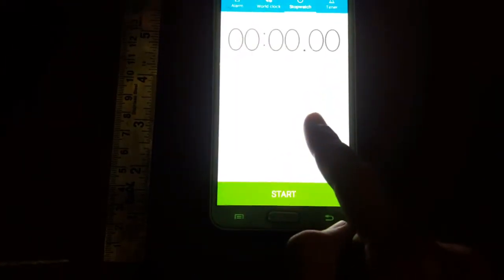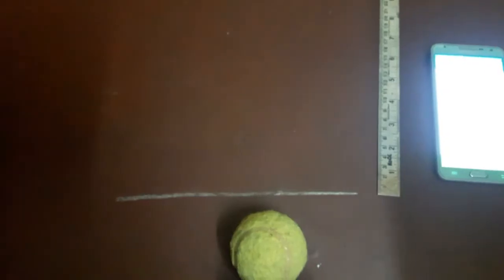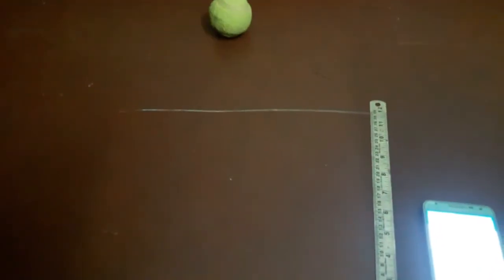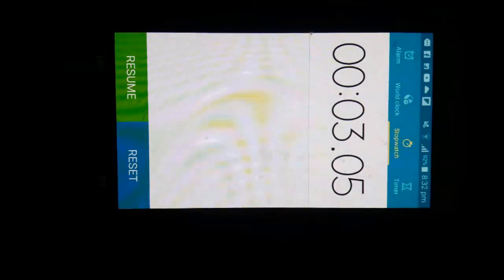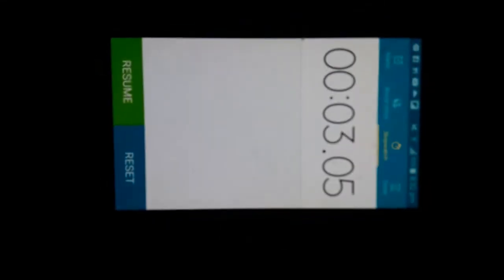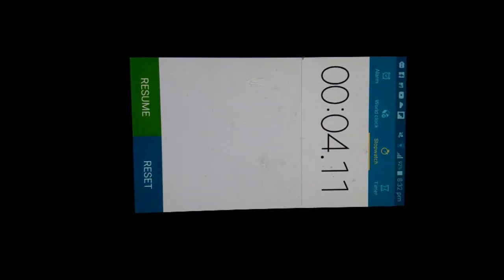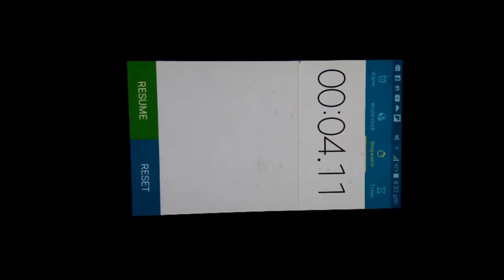And for the activity, we have taken a stopwatch here. You can see it is set to 0. We will start it when the ball starts to move from this point and reaches that point, and finally when it reaches rest. Let's see. So when it crossed the line, it took 3 seconds and it came to a stop at 4 seconds.